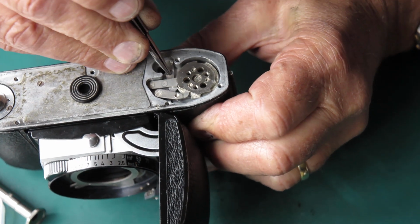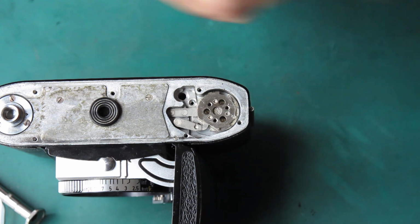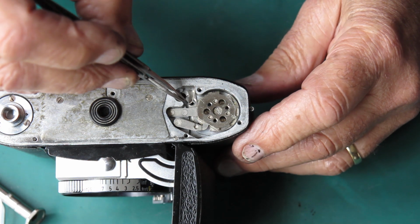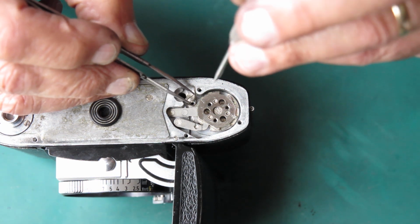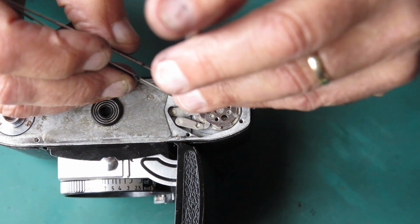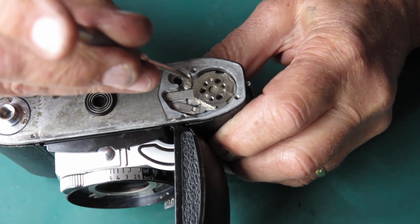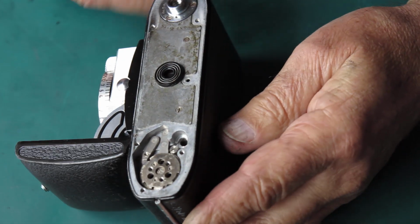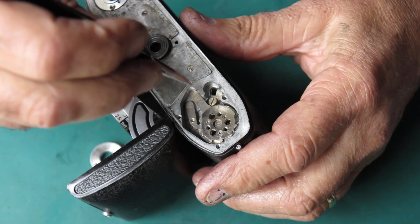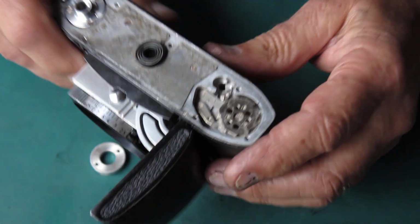It slides in under here. The return spring goes there. And there's a shoulder screw that goes through and holds all that together. Now the shoulder screw has two shoulders, one for the spring, one for the lever. See if I can get this to run in nicely for me without any arguments. Making sure that the lever can move freely. Tighten that screw up, and the spring I need to hook behind there, so I can swing the lever that way, pick the spring up, hook it behind the lever so that the lever is now spring loaded. Easy when you know